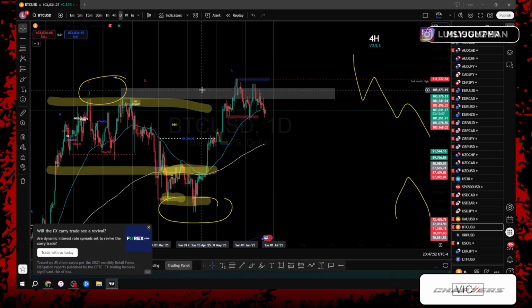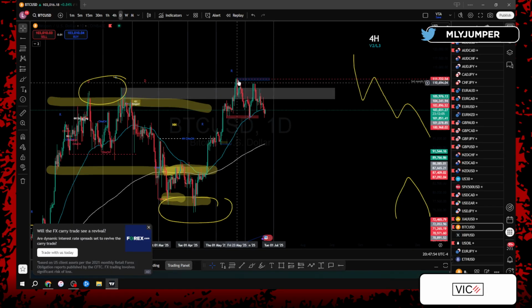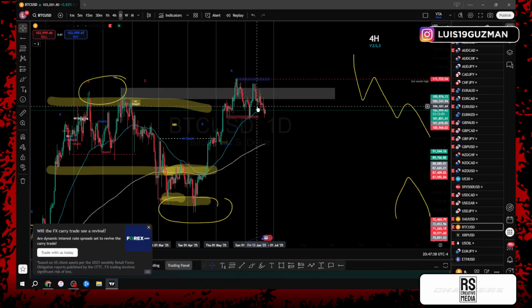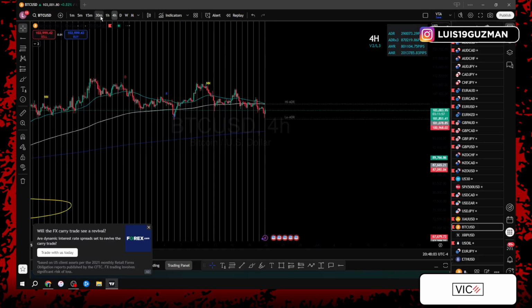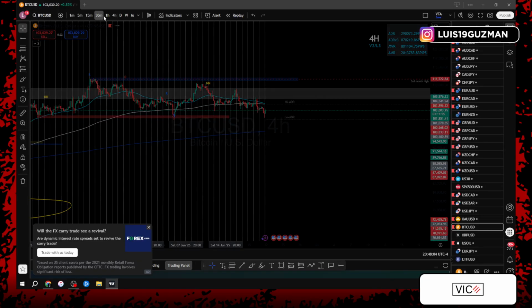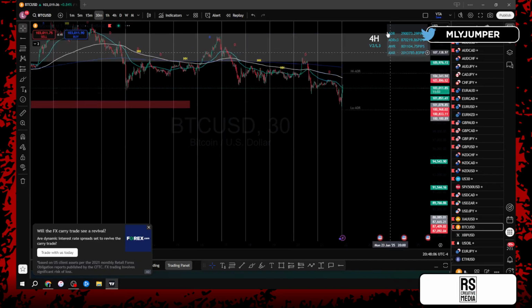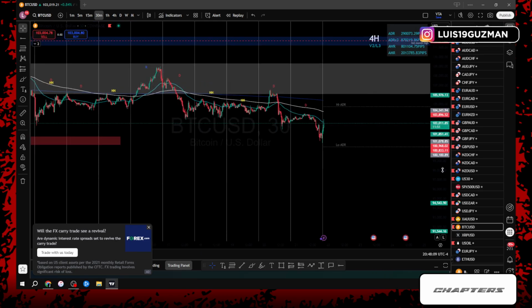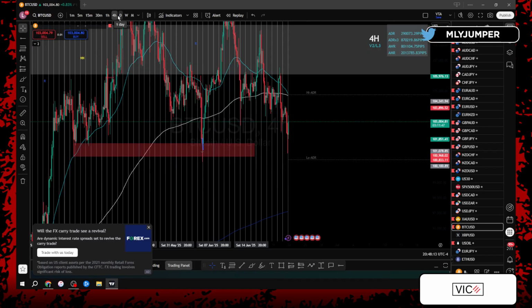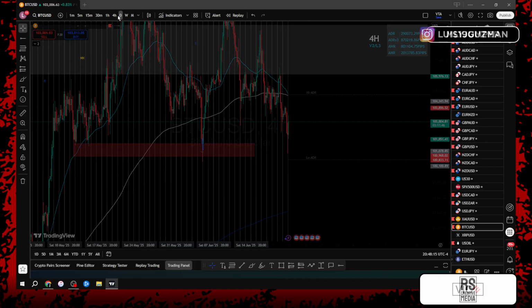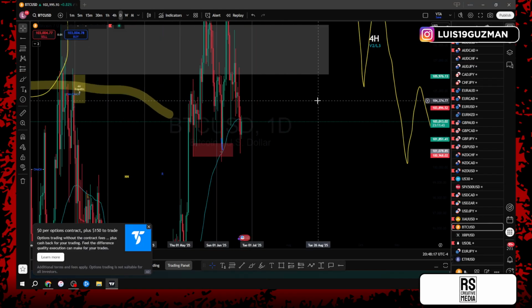Because price never gave us a valid break, I cannot say that this is a higher high. I can't say that these pushes down to the bottom are going to be the higher low. It just doesn't make any sense, right? So with that being the case, now that we go down to the lower time frames, we can see price giving us lower lows and lower highs. Now it's like, okay, cool. Well, let's turn around real quick, right?